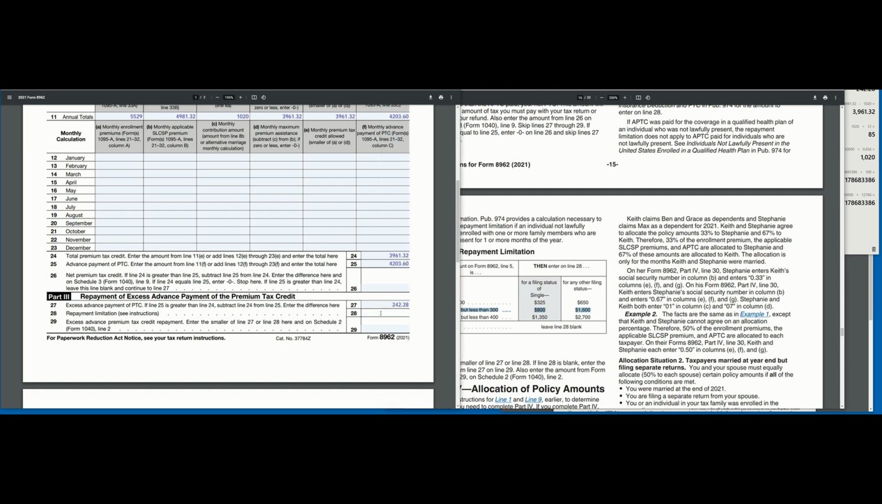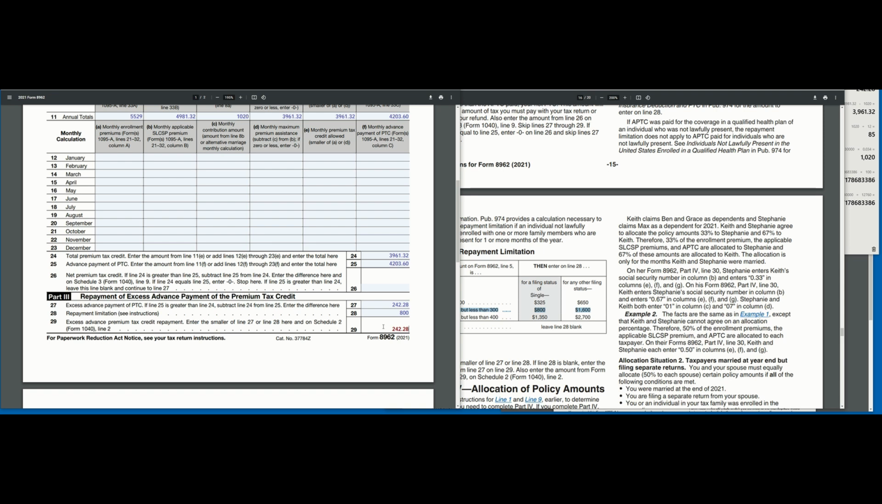So we'll put that here, and since $800 is more than $242.28, then it's either the smaller of line 27 or line 28. So that is $242.28. So in this situation, again, because the amount that I had estimated in this situation for my Covered California